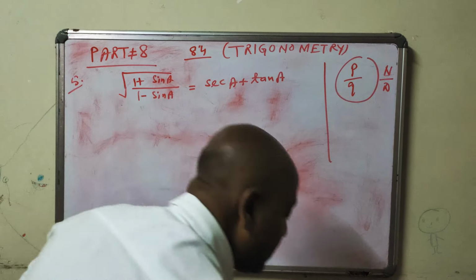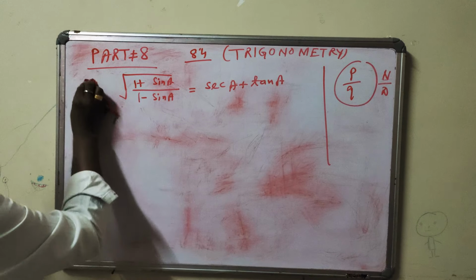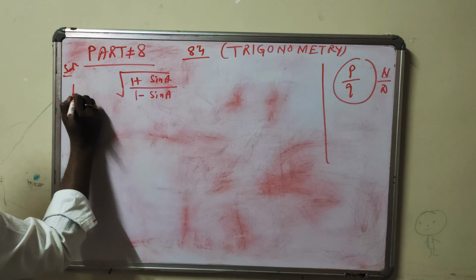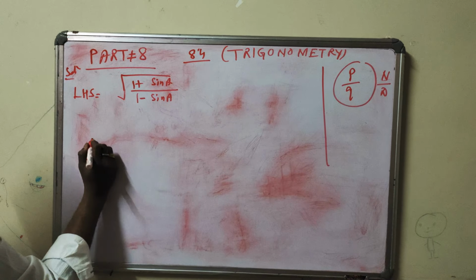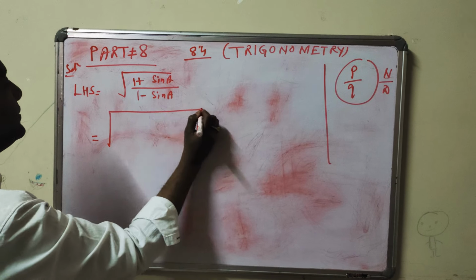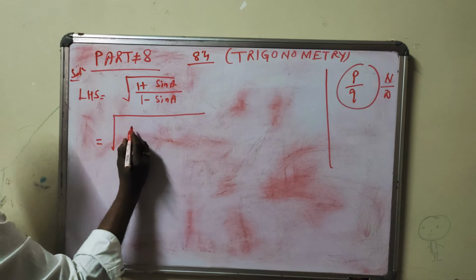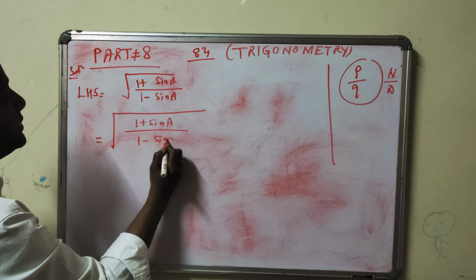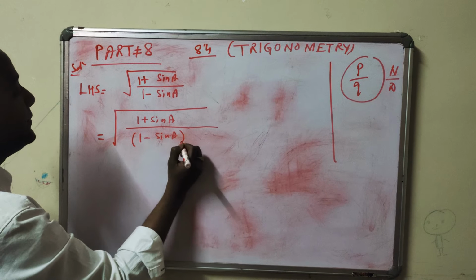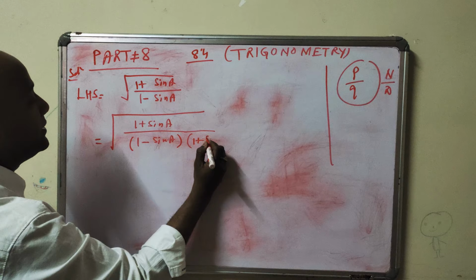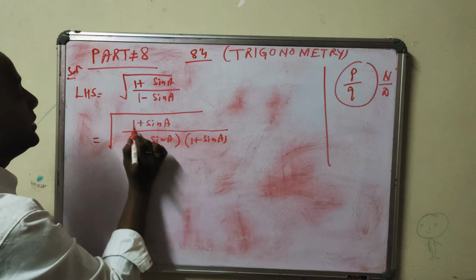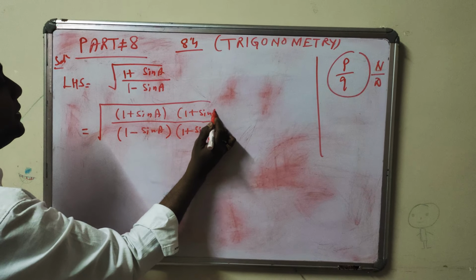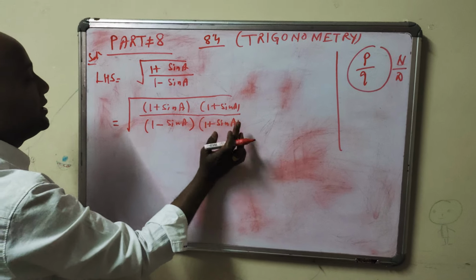So while solving the sum, you take this part as left hand side. Very easy, don't fear if the root is given. Ultimately it will help you. See, here 1 plus sin A by 1 minus sin A is given. As I taught you yesterday, if it is minus, we have to multiply it by plus. Again, this should be same, 1 plus sin A. If it is plus, it is also plus. Same, it should be same. Then it will be equal.